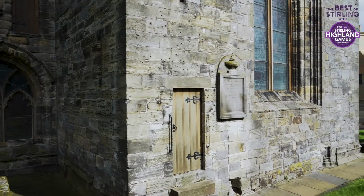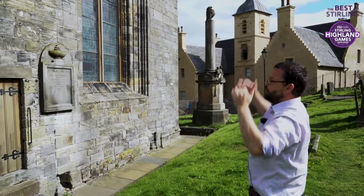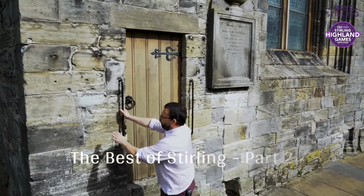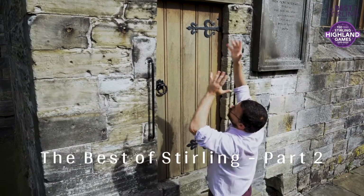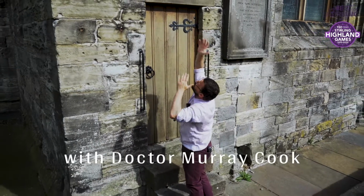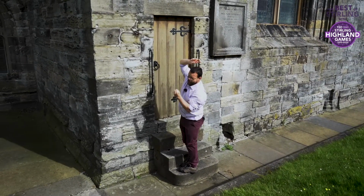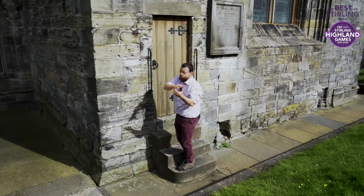VI. This is the Church of the Holy Rood, and its tower is speckled with musket ball impacts from the Cromwellian siege. And we're actually looking round here. All the small ones are musket balls and the bigger ones are cannonballs. And what they're trying to do, the soldiers who are operating in the cemetery, are trying to catch a sniper firing out of one of these windows. And you can see the clusters of musket balls associated with where they're trying to fire at a sniper, and of course the sniper's firing out and they're trying to